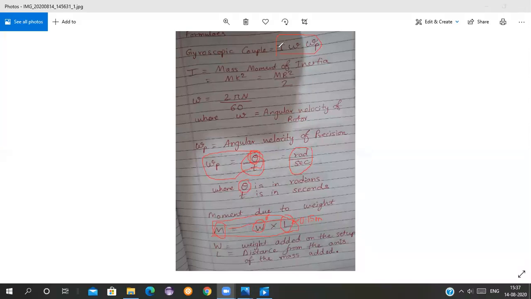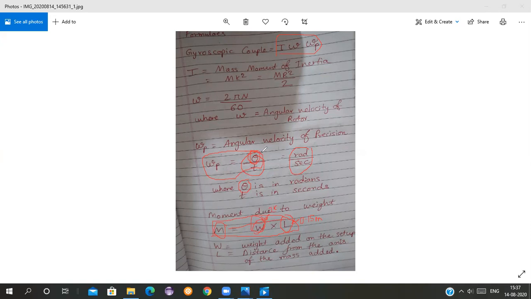Okay, so see, in the same way you can change the value of your mass. Now you can add more mass. This m which we are taking, we can change it. W, this mass, is the moment due to the weight. This we can take now as 2 into 9.81, but this distance L will be the same. Because this W changes, the moment value will change,